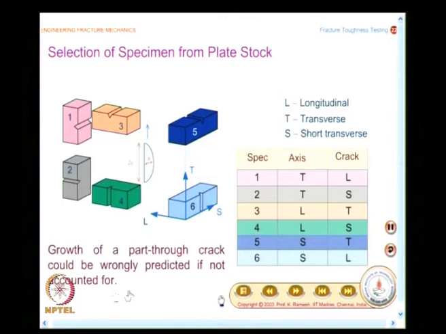I said a semi-elliptical flaw would try to become a circle because K is very high, and you want that crack to move further and create a leak in the pressure vessel, then it should take some sufficient time for it to move sideways. So, this is dictated by the stress intensity factor as well as the fracture toughness. So, in fracture toughness testing you also take special care to bring in the material anisotropy and find out the appropriate properties. This is very systematically done.